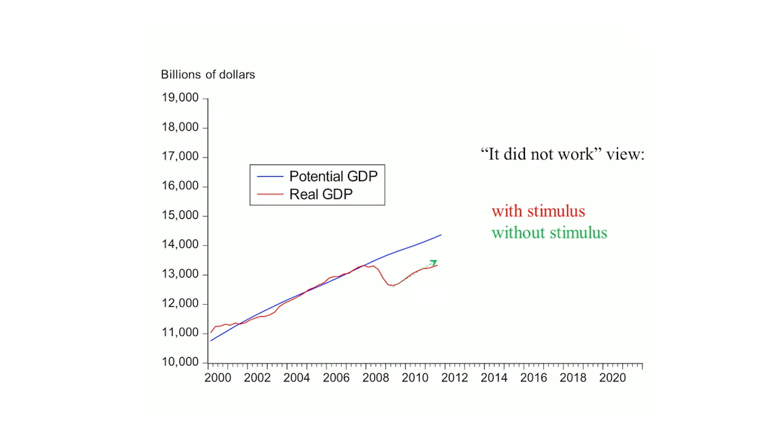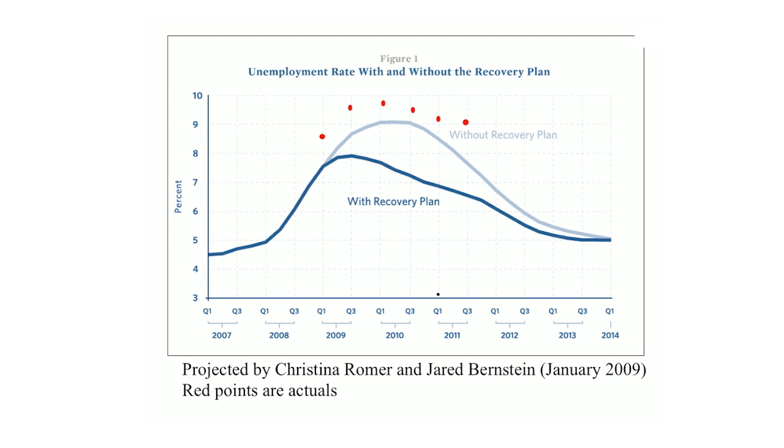The simple models may suggest that these things work, but even they're uncertain about the size of the multiplier. When you bring in more sophisticated reasoning, like the permanent income model or the life cycle model, you'll see things become more questionable. I want to conclude this discussion with a very famous chart, which was originally constructed in January 2009 by Christina Romer, who was the chief of the President Obama's Council of Economic Advisors, and Jared Bernstein, who was the economic advisor to the vice president at that time. So they drew this picture in early 2009, January 2009.